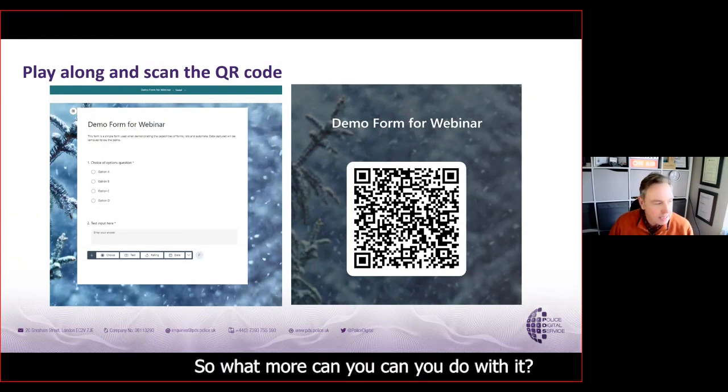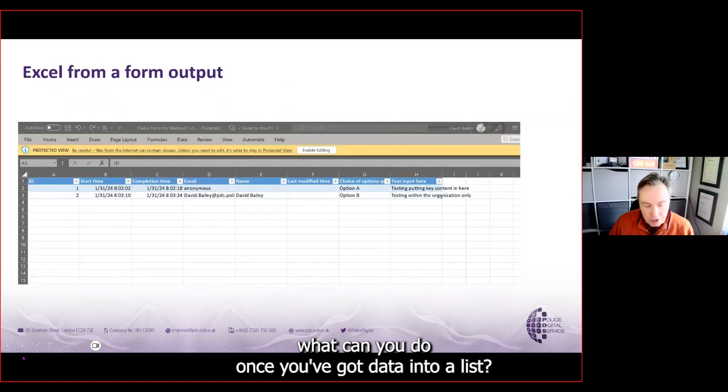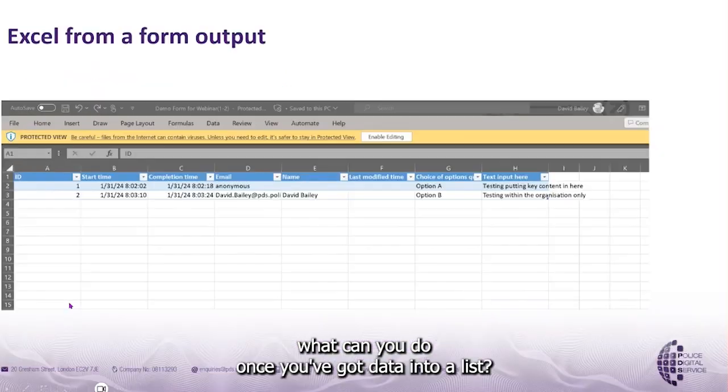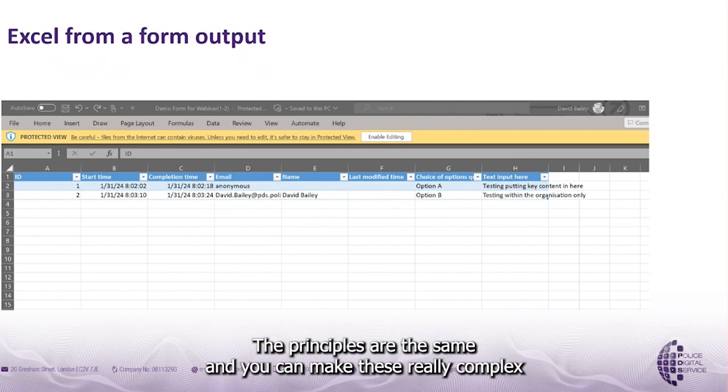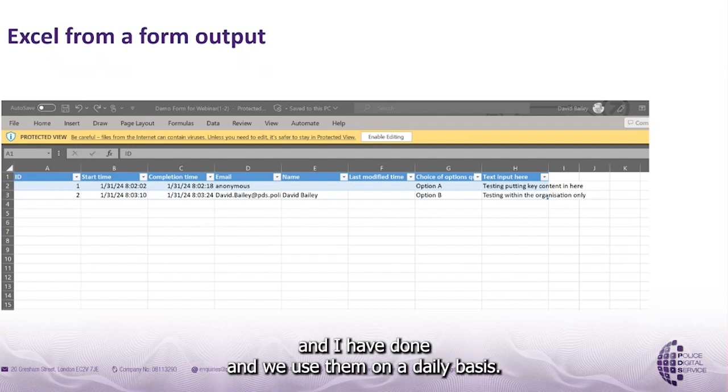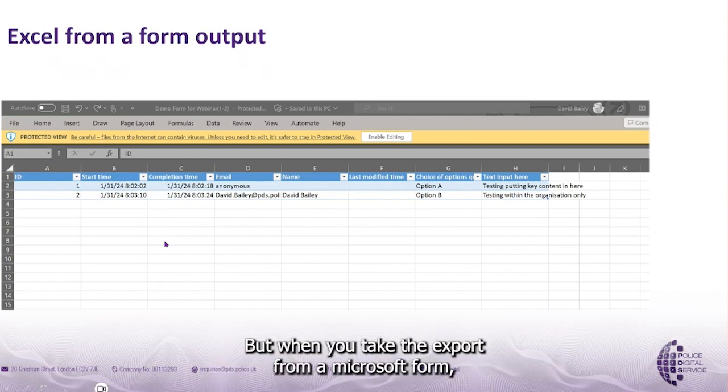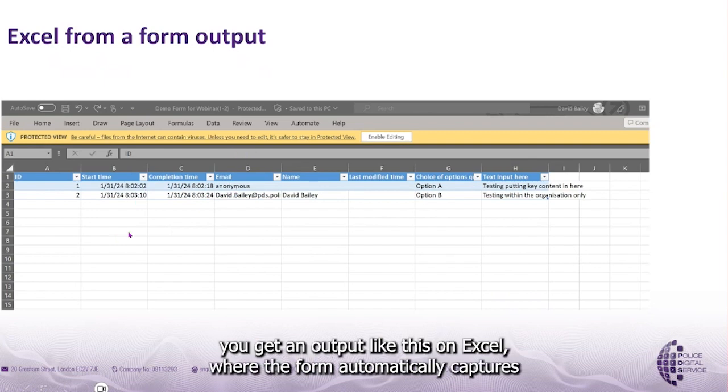So what more can you do with it? I think the next thing is what can you do once you've got data into a list? Again, I'm using very simplified forms and data for this. The principles are the same, and you can make these really complex, and I have done, and we use them on a daily basis. But when you take the export from a Microsoft Form, you get an output like this